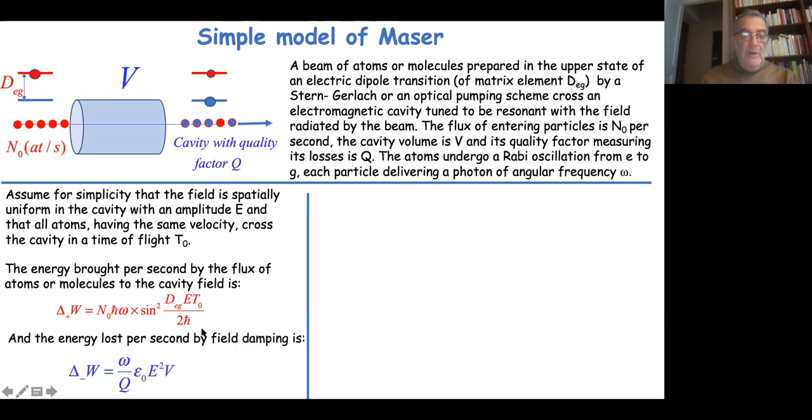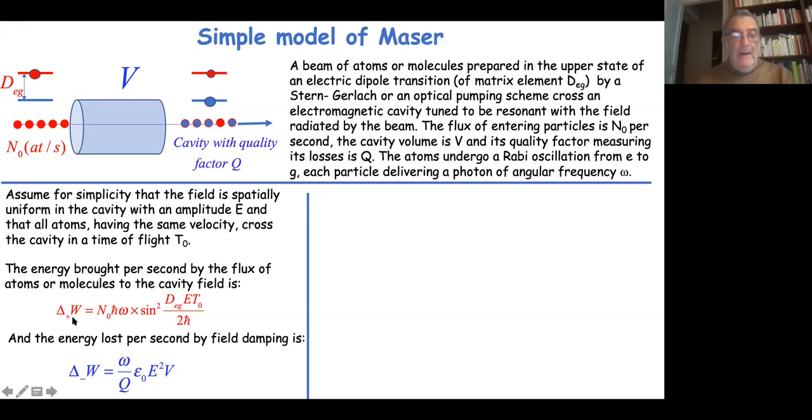Now, what is the loss? The cavity loses energy because the cavity walls are not perfect. And what you need to have is a parameter which is called the Q factor of the cavity. The Q factor is a big number, which represents the number of periods that the field can evolve before the field is lost. So Q is a huge number, and omega over Q is a rate. It is a rate of losses of the field, and the quantity of the field loss is equal to the energy in the cavity, which is epsilon naught E square V, where V is the cavity volume, times omega over Q. And if you want to have steady state operation of the maser, you need to have